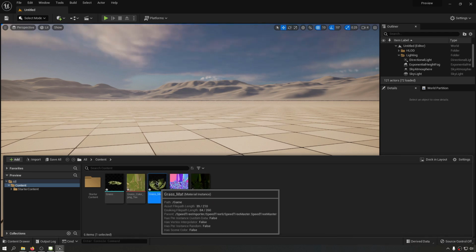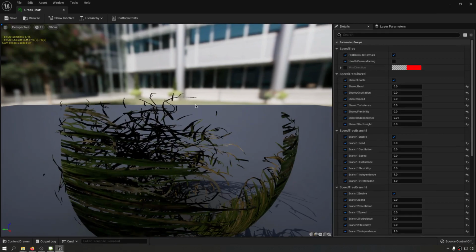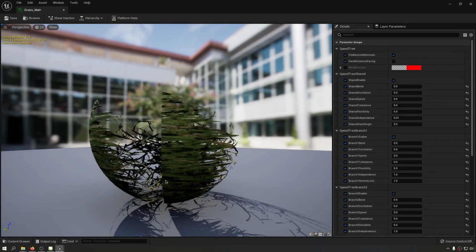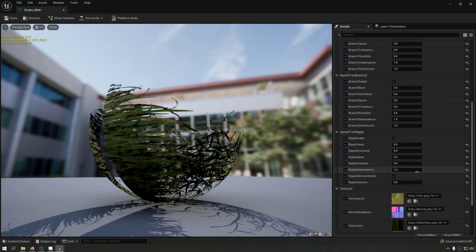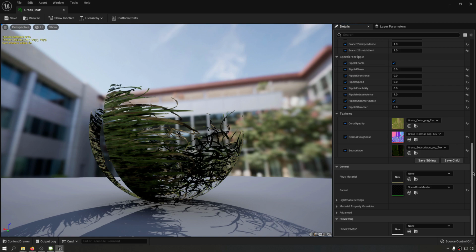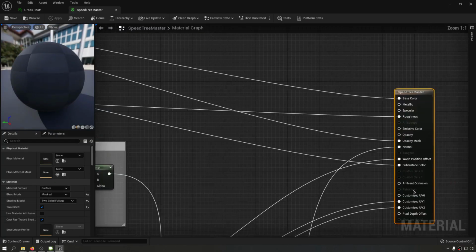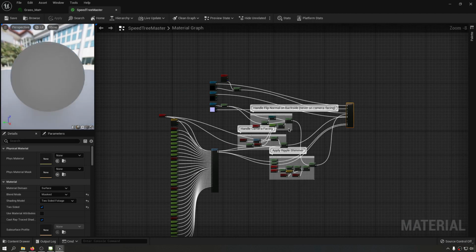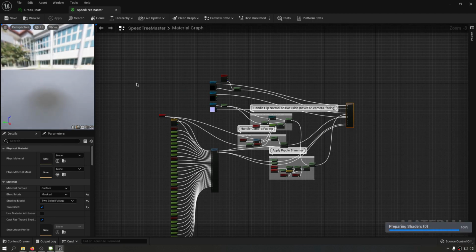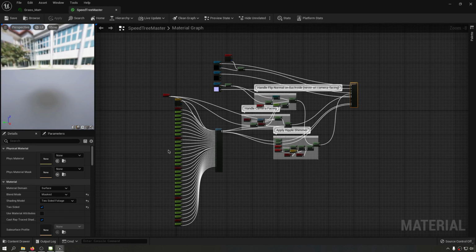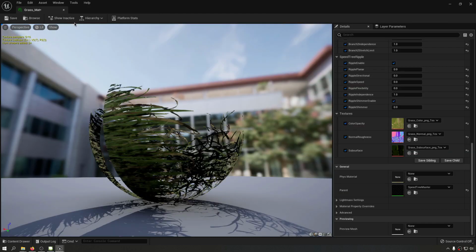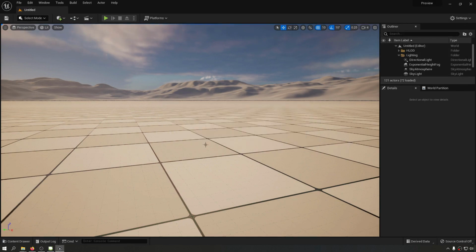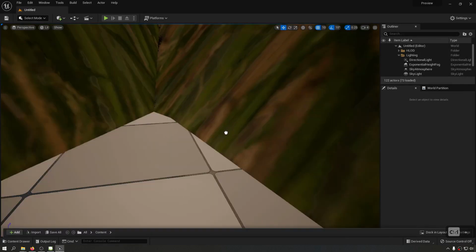So let's open up the material, and it's a highly complex, smart material with a lot of options that we can use. For example, changing the wind, even changing the textures and things like that. And if you click on this parent material, which this instance has been taken off, this is the absolute material with a lot of complexity in here. And this is because we saved that out as a ST9, which is a newer version, and it's a lot more optimized and has a lot of things, and we can optimize it and create things just the way we want it. So to paint this, we're going to bring it in,